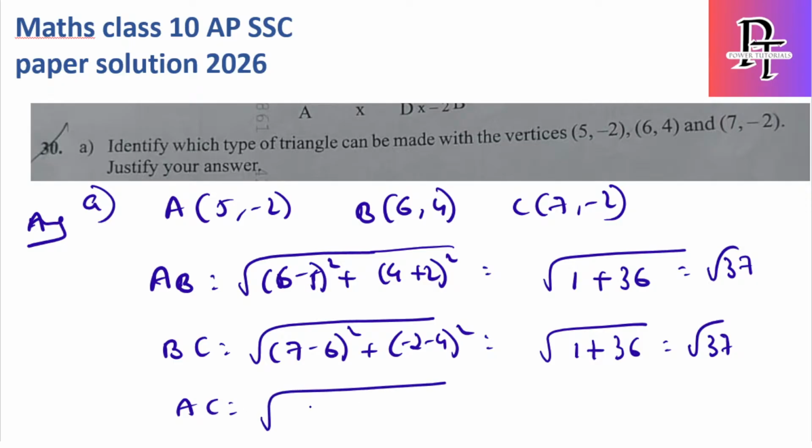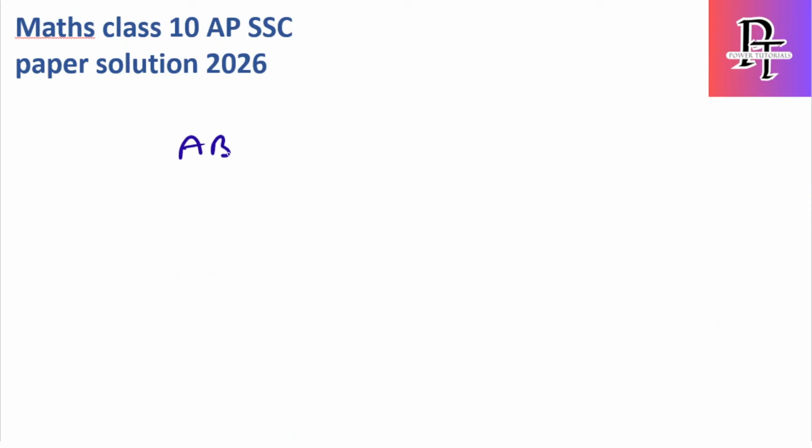Okay, let's see about what is AC. Root of 7 minus 5 whole square plus minus 2 plus 2 whole square. So 7 minus 5 is 2, square, so we got the AC value as 2. So from here I can see AB is equal to BC but not equal to AC, therefore the triangle formed